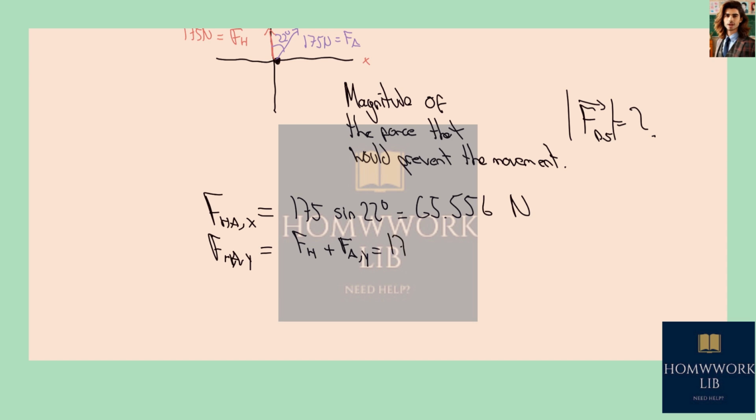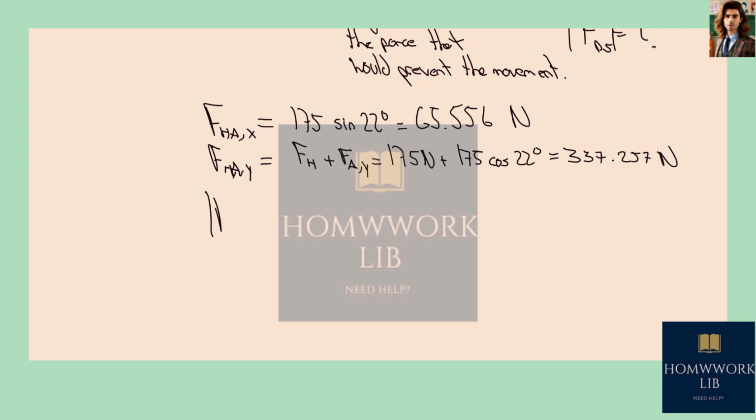This is going to be 175 newtons plus 175 times the cosine of 22 degrees. This is going to give us 337.257 newtons. Sorry, newtons. So that means that the magnitude of the force of Hannah and Andrea is going to be equal to the square root of the x component squared plus the y component squared, which is the square root of